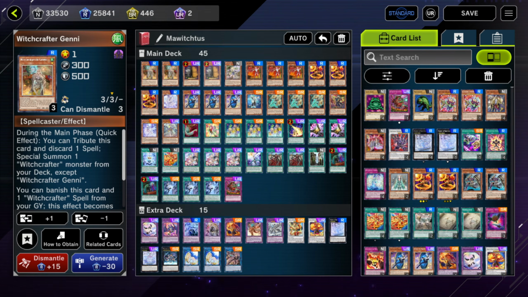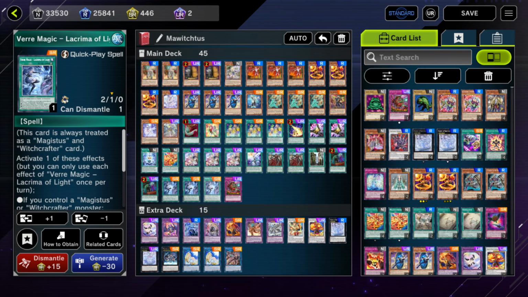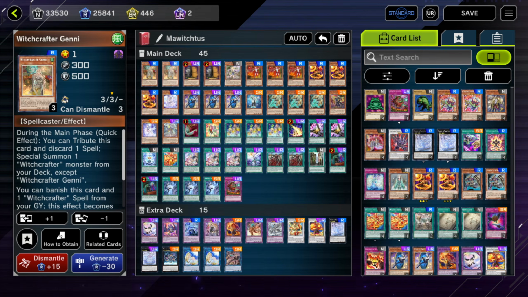They also have a couple of bridges since they're from the same group of lore decks, including the brand new and incredibly powerful Lacrima of Light here. So, if locking the opponent out of their extra deck while protecting your own monsters sounds fun to you, let's get started. Starting with our monsters, the low-level Witchcrafters all have the same ability to tribute themselves, discard a spell,